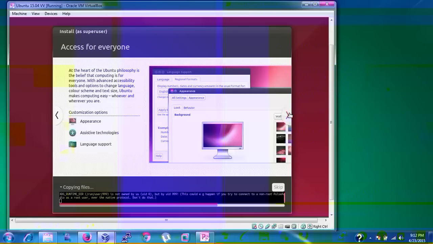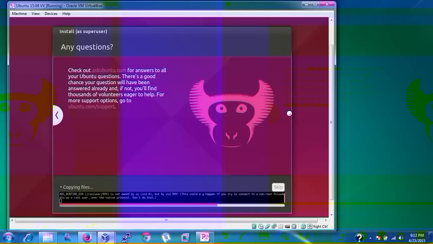Then access for everyone, that means desktop image, background, brightness is showing. After that, if you want to ask any question about Ubuntu, just go to askubuntu.com, and also you can go to ubuntu.com/support if you have any query.